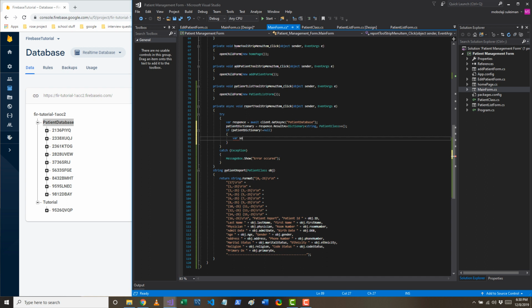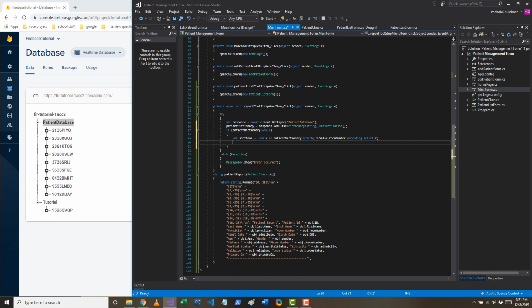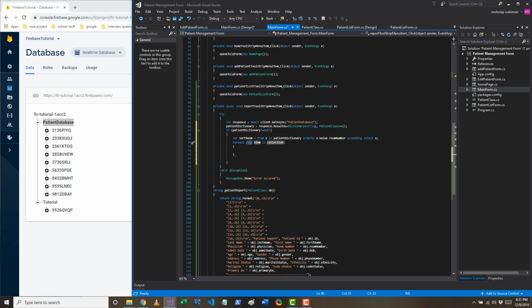So I'm going to say var sort room equals from X. This is using LINQ in the patient dictionary, order by X dot value, which is a patient class object, dot room number, ascending, and it's going to be ascending select X. I'm going to say for each object in that dictionary, for each item in the collection, which is this sort room,